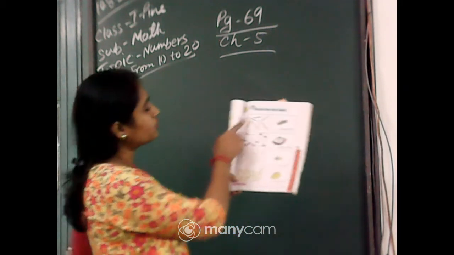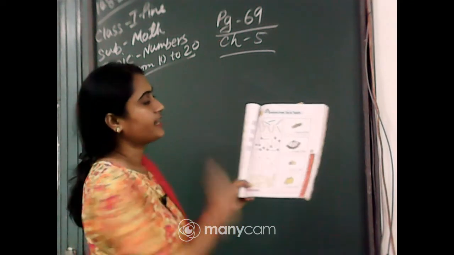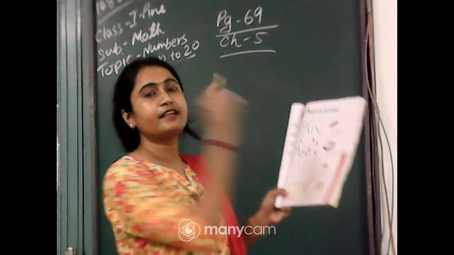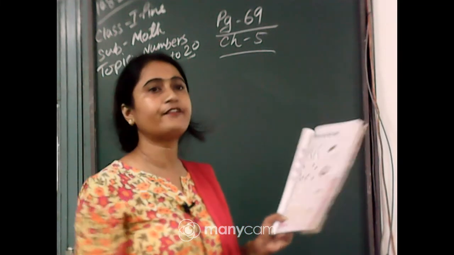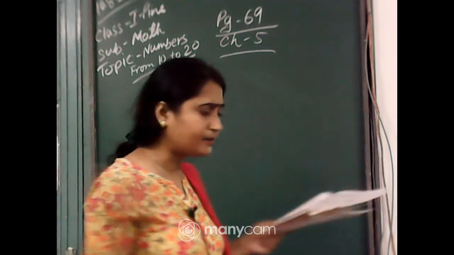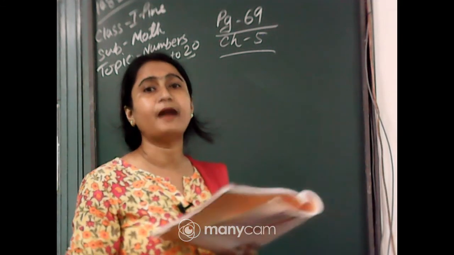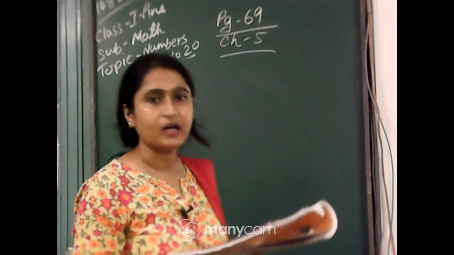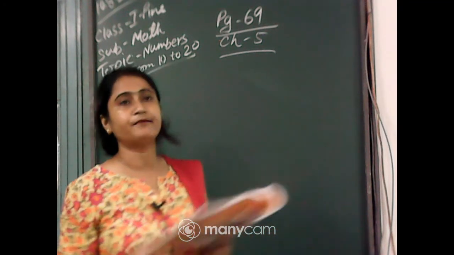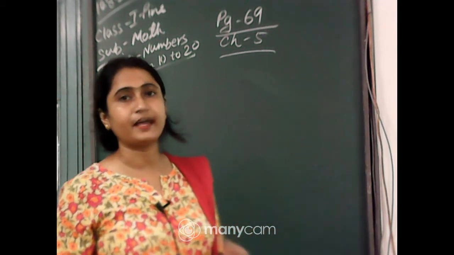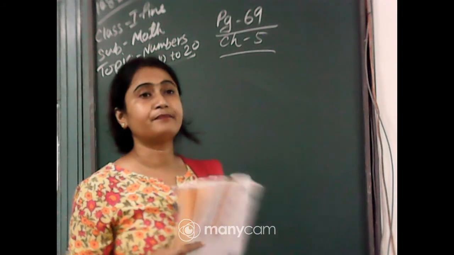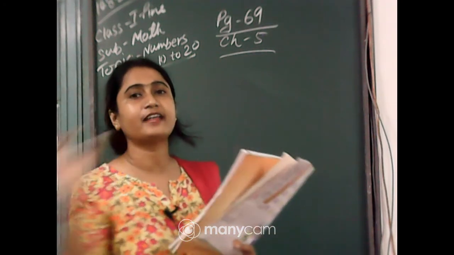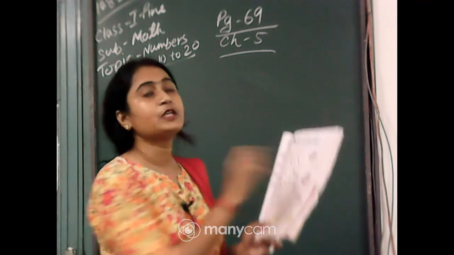This is 1, 2, 3, 4, 5, 6, 7, 8, 9, 10. How many sticks over here? 10. 10 sticks make one bundle. If I count a lot of things, then if we make bundles of 10, 10, 10, we can count it very easily. Suppose you have 94 or 95 sticks, but each and every time if you count, it takes more time, but if you make bundles of 10 sticks, then you can count it very easily.